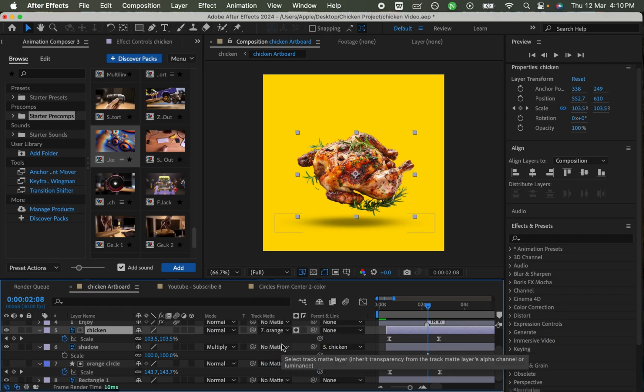That's the track matte. Now what happens is the visible part of the chicken animation ends within the orange circle. The orange circle is still there, it has just been hidden. First of all, let's let it remain hidden, and we'll bring it back, we'll make it visible again. But before then, the moment we